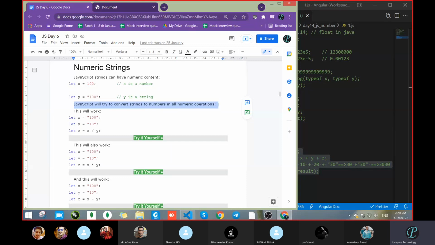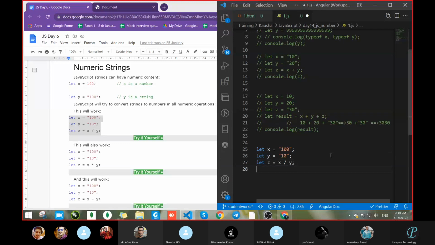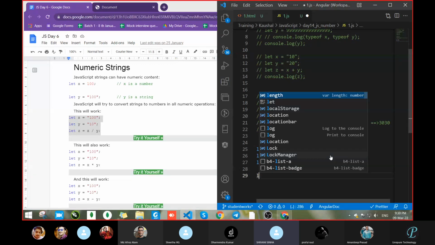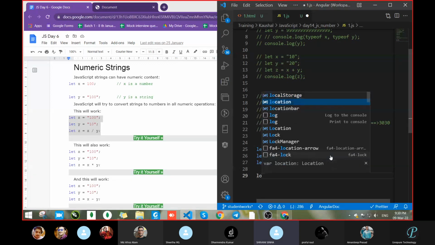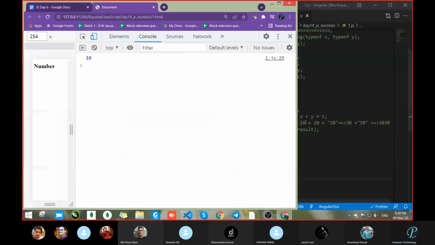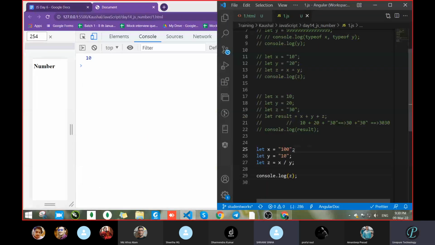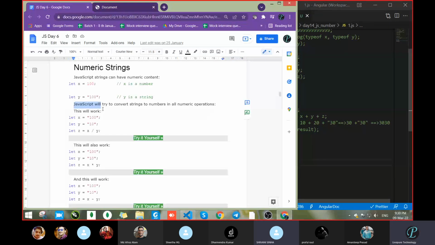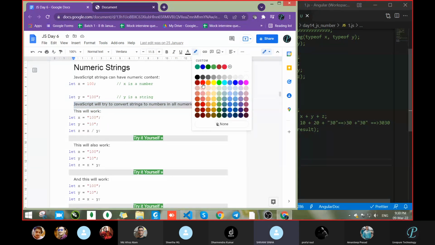What will be the output? It gave 10, because it converted the string to a number. In the case of plus only, it does concatenation.